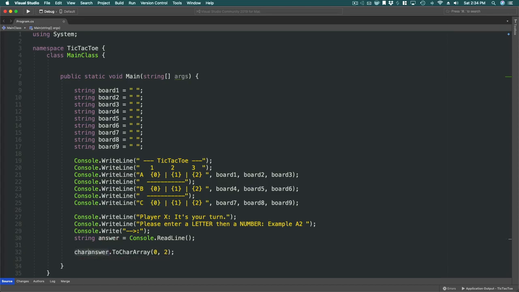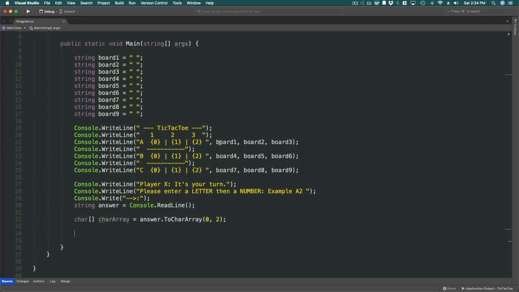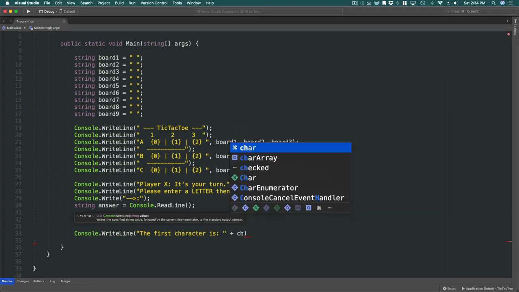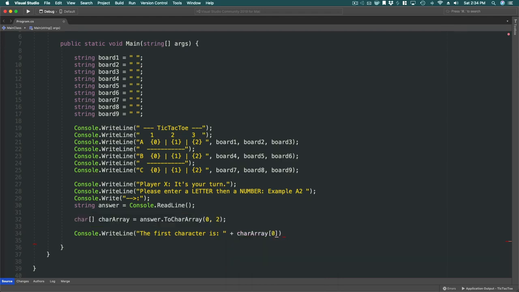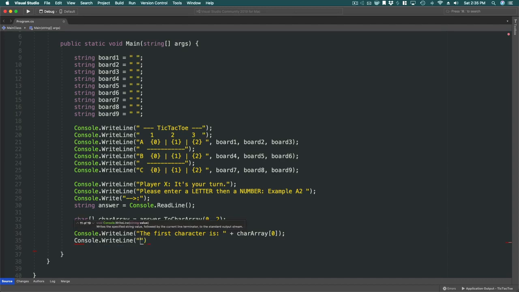So then let's console.writeLine. The first character is char array 0. Console.writeLine. The second character is